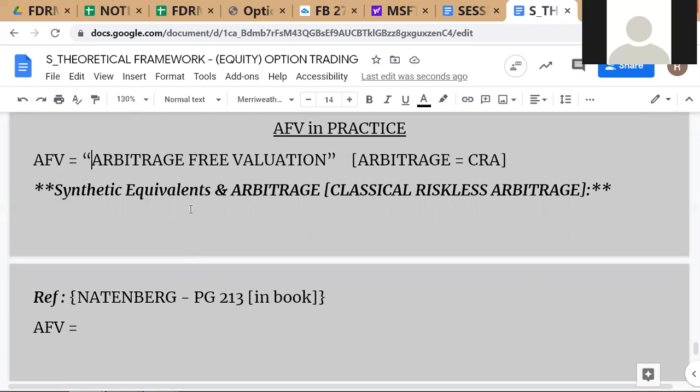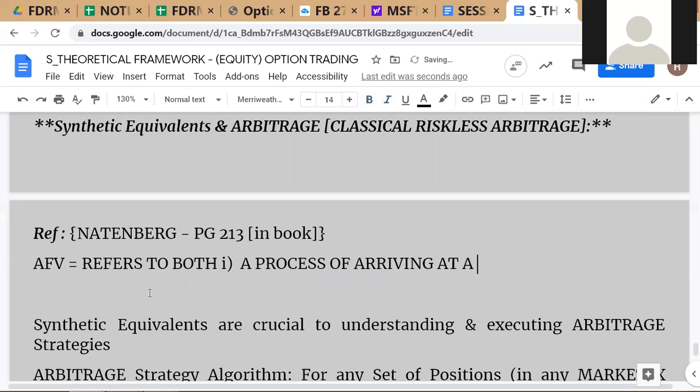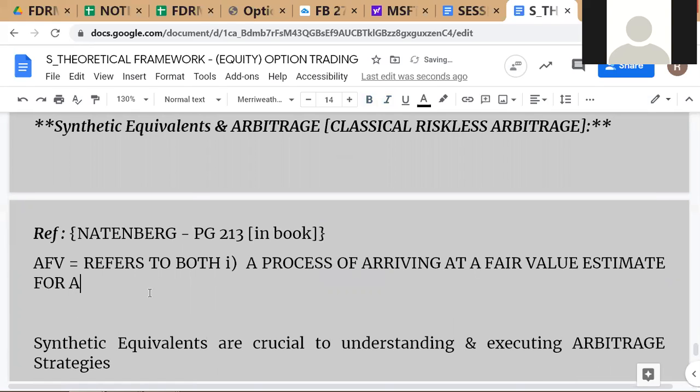And this is what they mean. This is used to refer to both a process of arriving at a fair value estimate for any asset. We can call it a base asset,